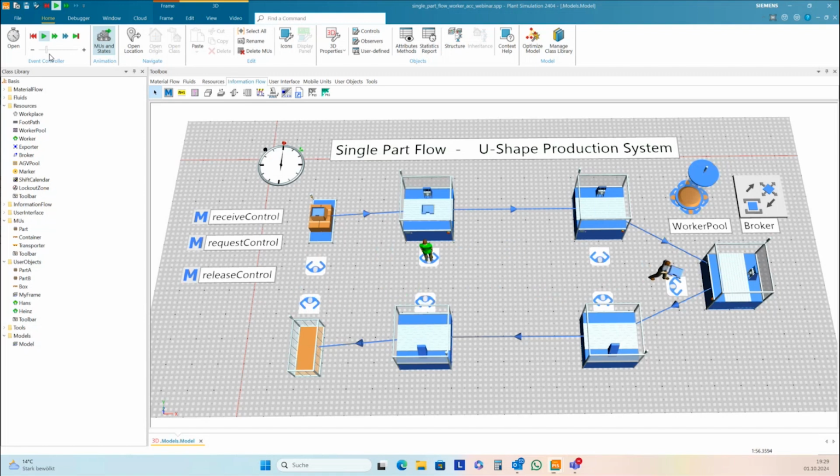And now it's a behavior like it should be for a U-shape single part flow production system. Each worker will work only on one part.